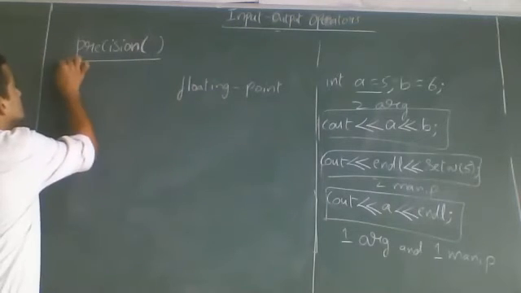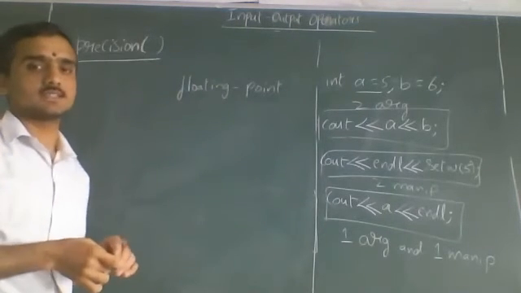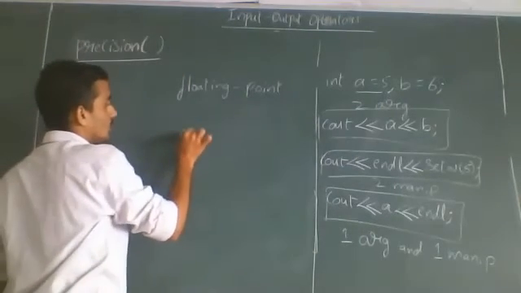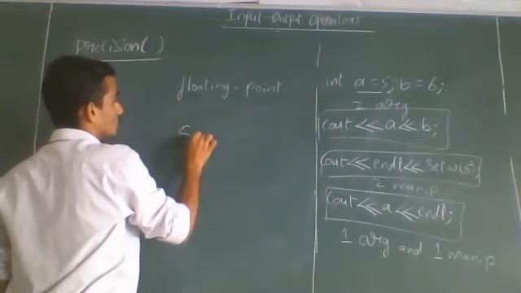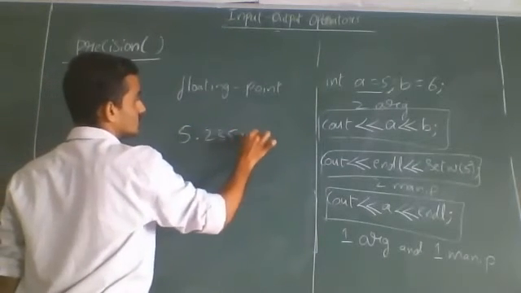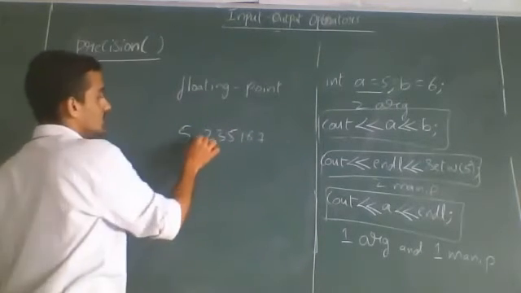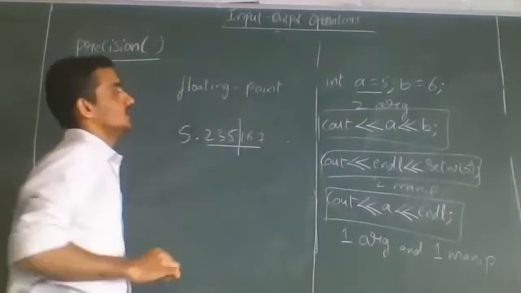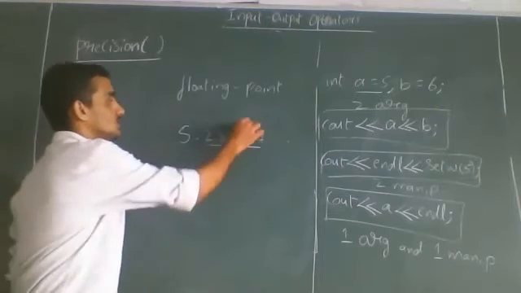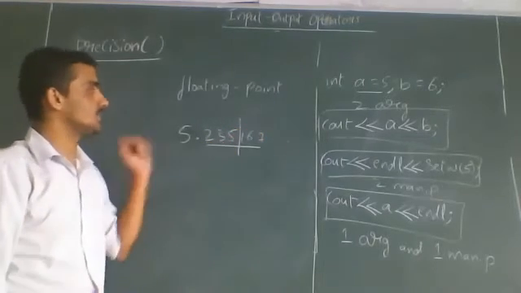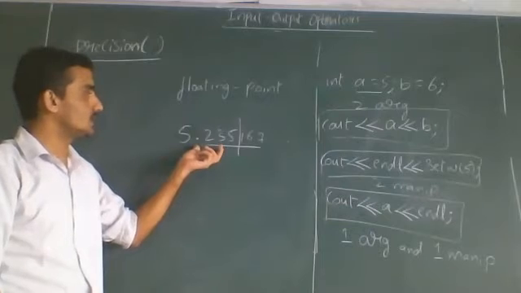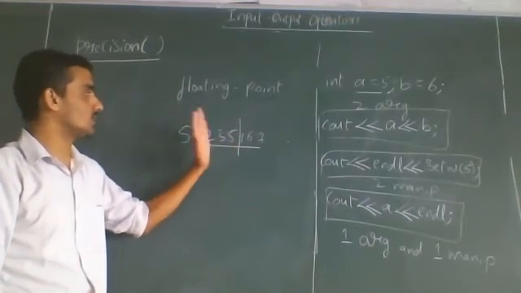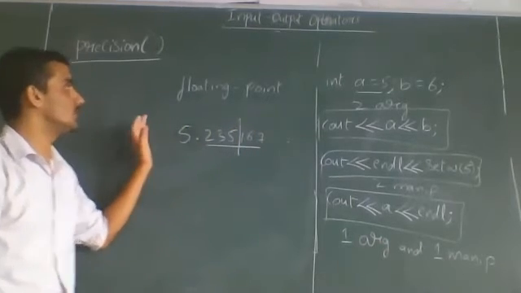See, the meaning of precision is length. You can consider it as length, especially in the case of floating point numbers. Suppose I have a number like 5.23516. After the decimal point, if I want to stop at a certain point, say after 3 digits or after 4 digits, it should not continue. In that case, we can set the precision. If it contains more digits after the decimal point, you can stop at a certain point. That is the meaning of precision.